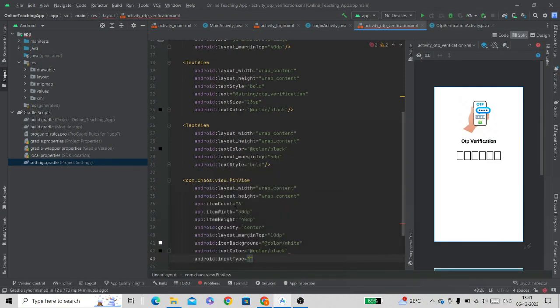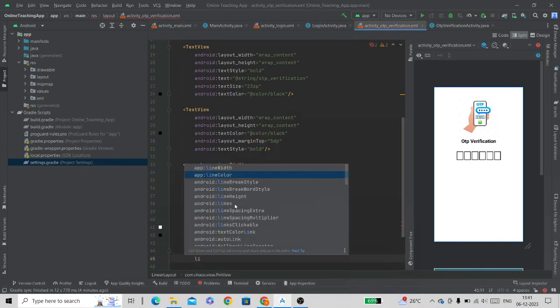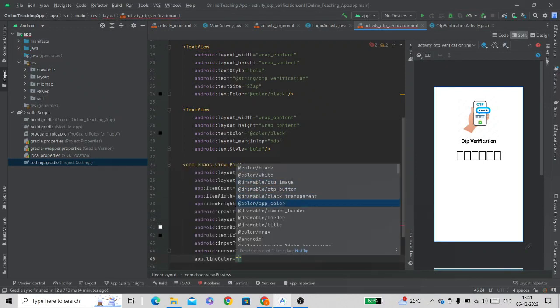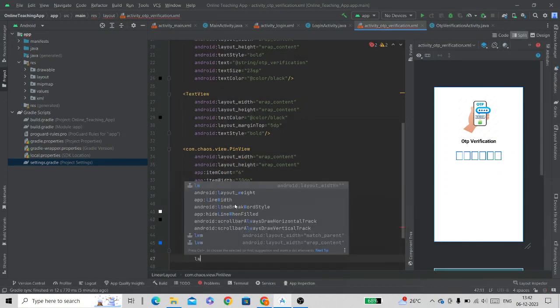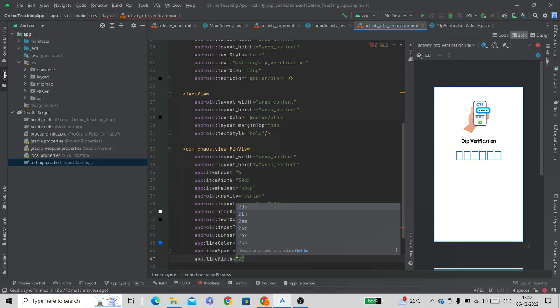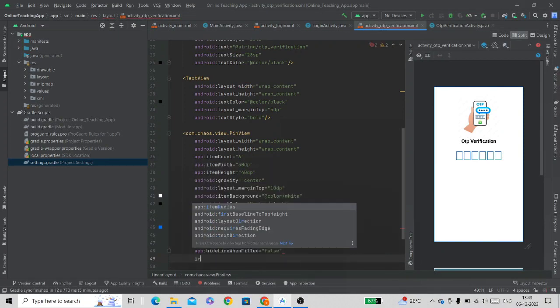Input type, it will be a number. Cursor visible true. Line color, we will give the app color. Item spacing 6 dp. Line width 2 dp. Hide line when filled false. Item radius 2 dp.